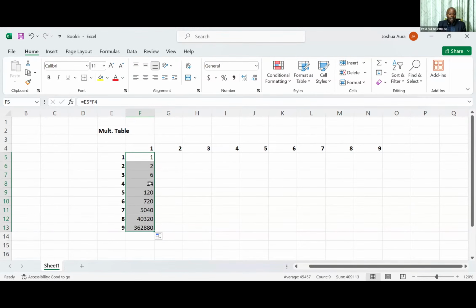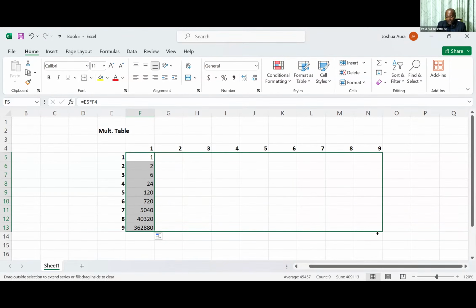International disaster. I expected this is 1 times 1, 1. 1 times 2, 2. So I expected 1 times 3, 3. 1 times 4, this should have been 4. Up to this one, it should have been 9 times this one should have been 9. So I'm pretty wrong. And if I want even to compound my problems, if I come and drag this by the side up to this line,